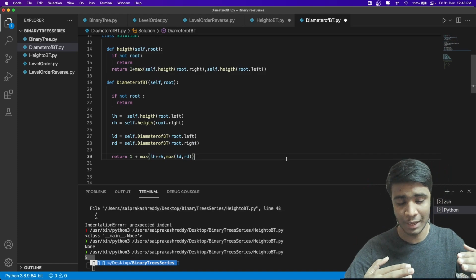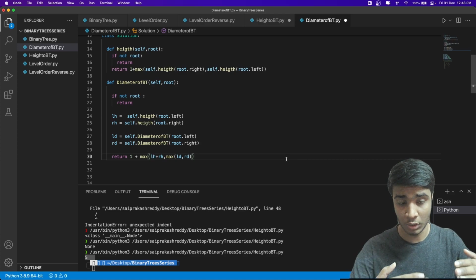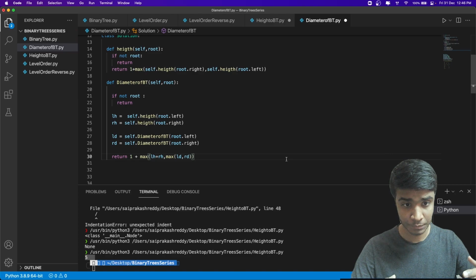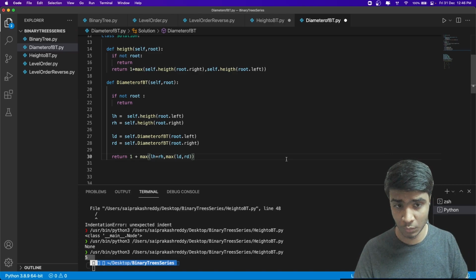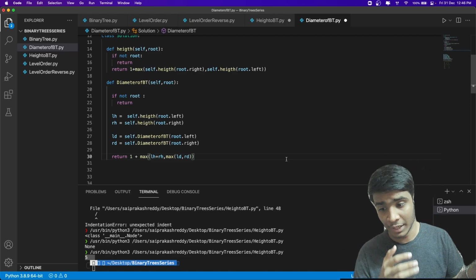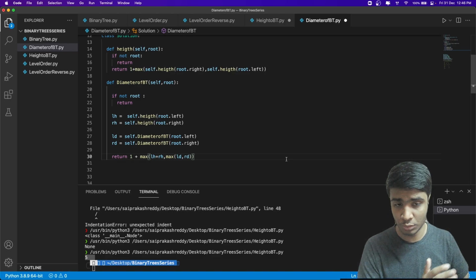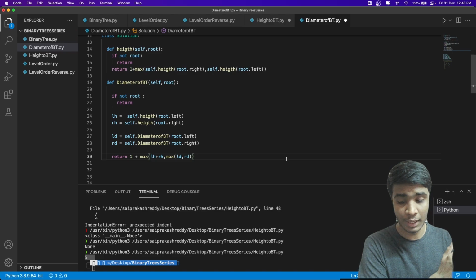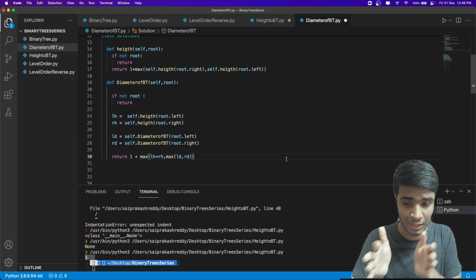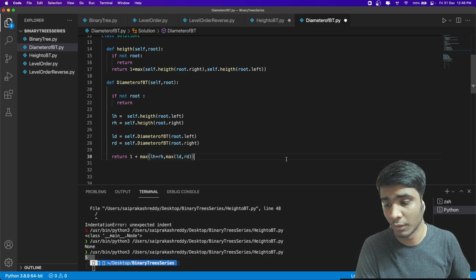So this would be the diameter at that node, but I should not take this as the answer alone, I have to also compare it with the diameter I'm getting from my child nodes, right? So left and right also have diameters. So what is the diameter that we are getting from that, and compare it with my current diameter, that would be my overall diameter.